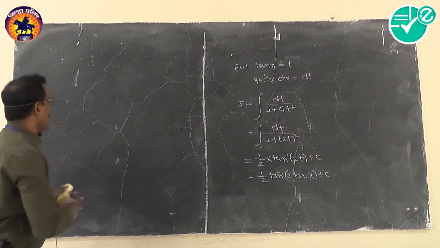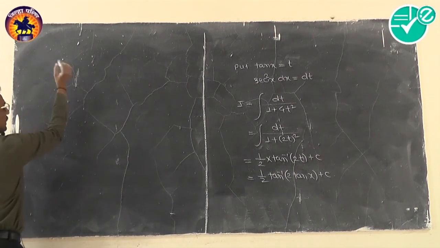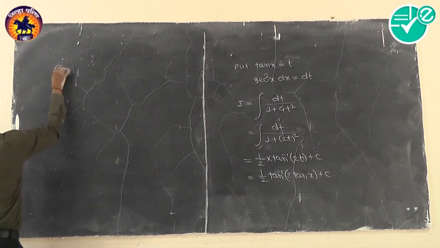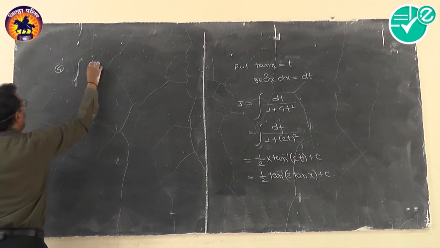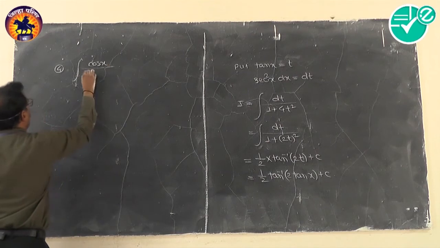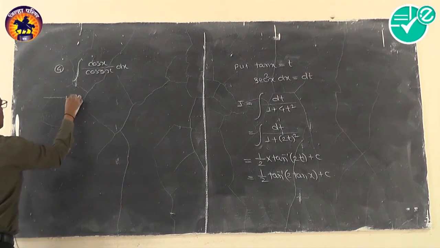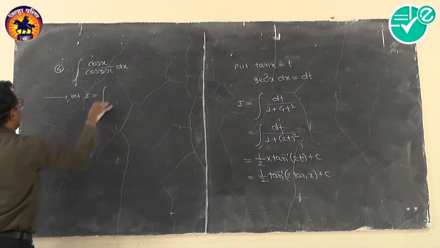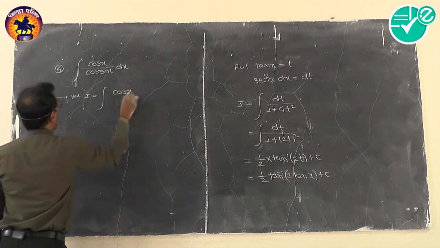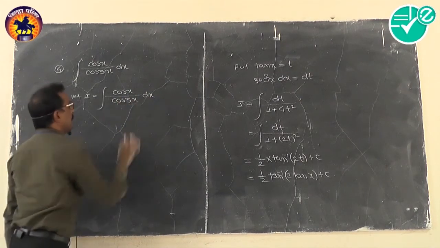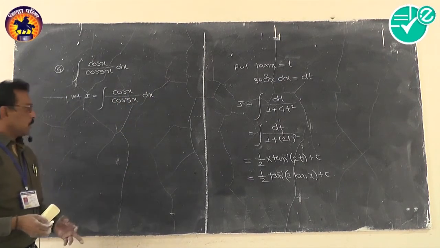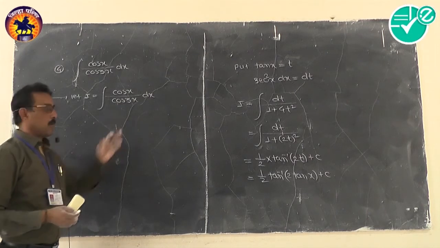Now one typical problem I will take, and these types will be complete. We'll take the last one article in the present lecture also. The fourth question is for evaluating cos x upon cos 3x. Suppose this question is given. It is somewhat typical. Let capital I be equal to the integral of cos x upon cos 3x. This problem becomes very simple for those students who know the formula of cos 3x.